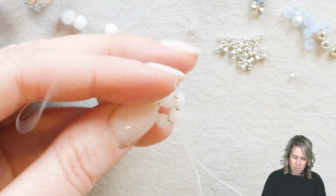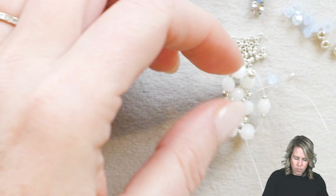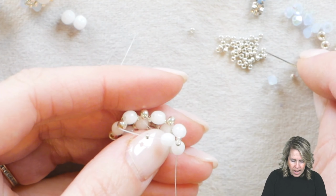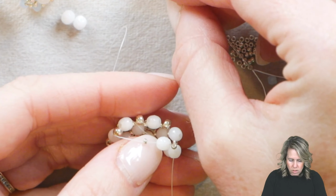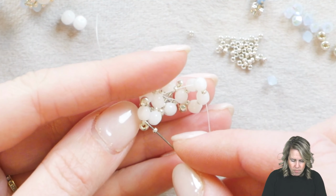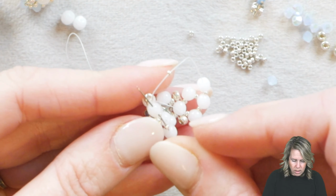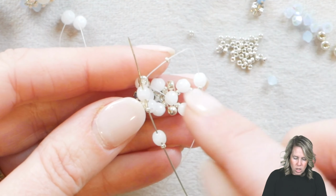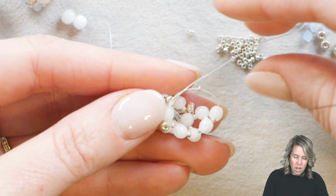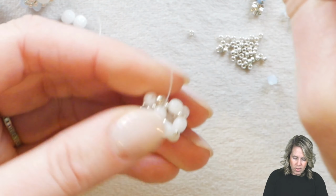Bringing that view then to the back, you can see that that's starting to bring that into a rounded shape here. I'm going to add a 15, a RounDuo Mini, and a 15 to the thread. And then I'm going to go into that first RounDuo that was on the right that my thread was coming out of. So we've added basically a top and a bottom to that right angle weave unit. And I'm going to pull it to see that close up. See how you've got that next